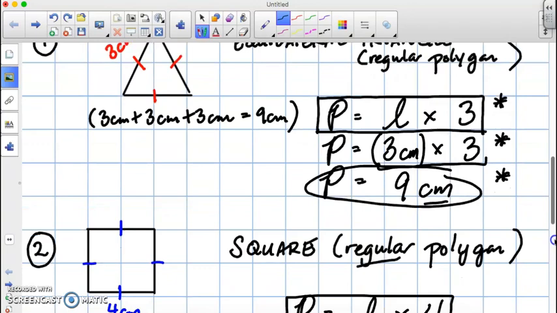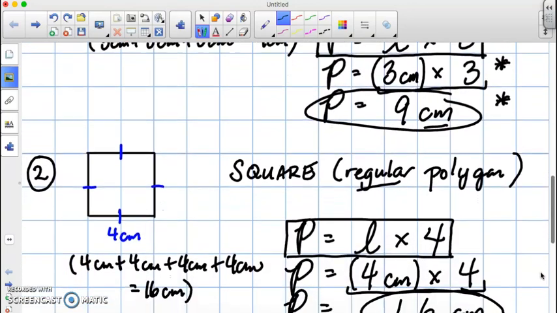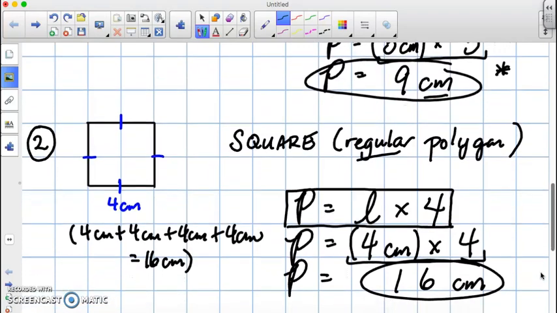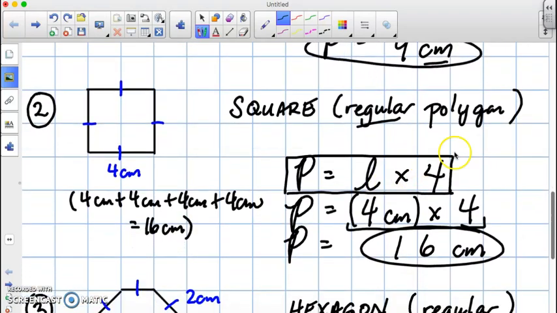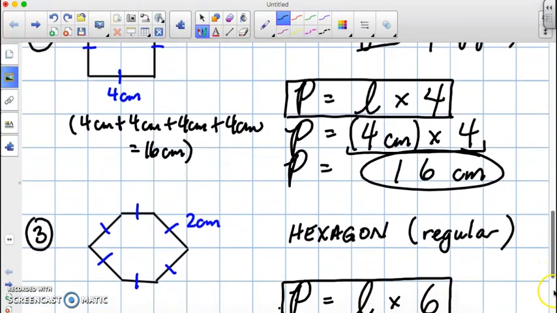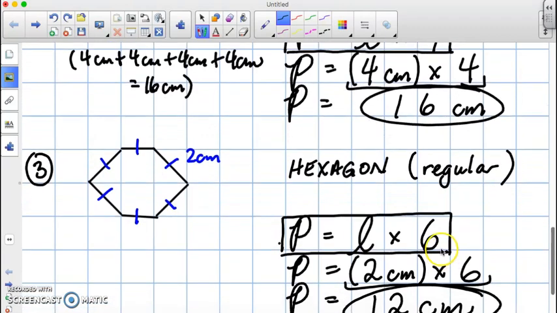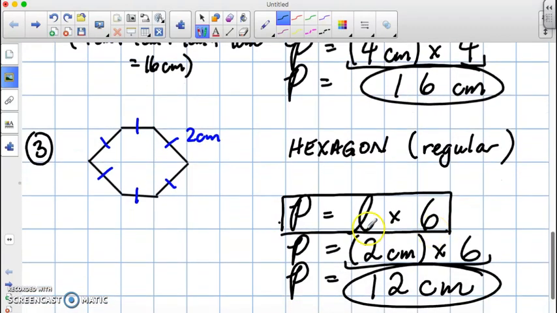The second example we looked at was a square. Remember that in a square there are 4 equal sides, so the perimeter formula for that is the length of one side times 4. Finally, the other example we looked at was a regular hexagon. And in a hexagon, you have 6 equal sides that are regular. So what you do is you apply the formula L times 6. You substitute L for whatever side length you have, and then you multiply it by 6. Remember that these formulas can only be applied